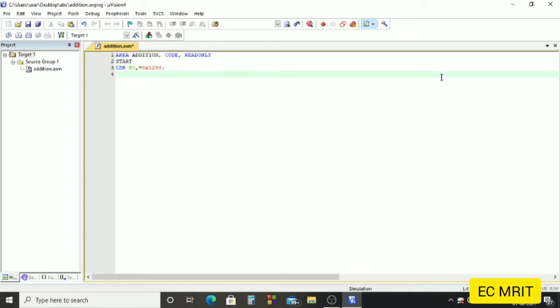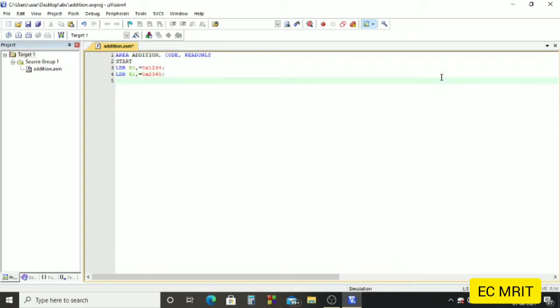Next we'll take one more register, that is we'll load a constant to the R1 register. Same, we'll take another value like 2345. So we'll take 2345 in R1.